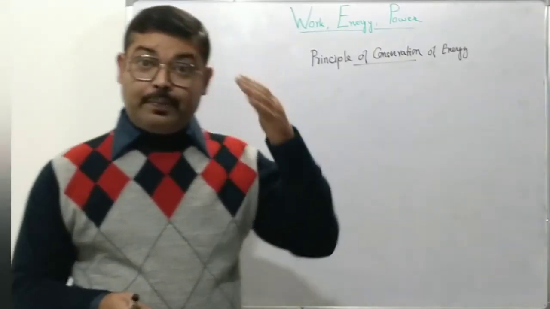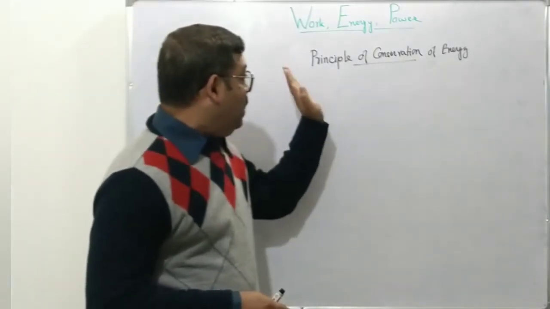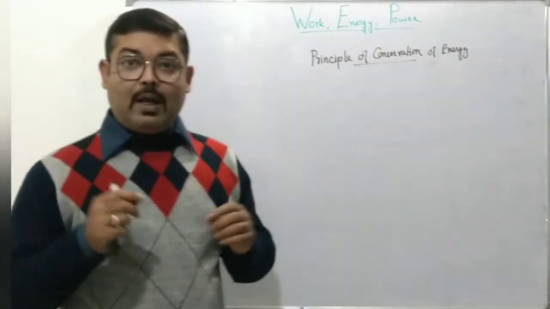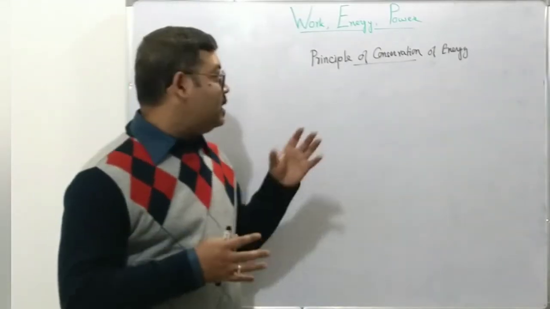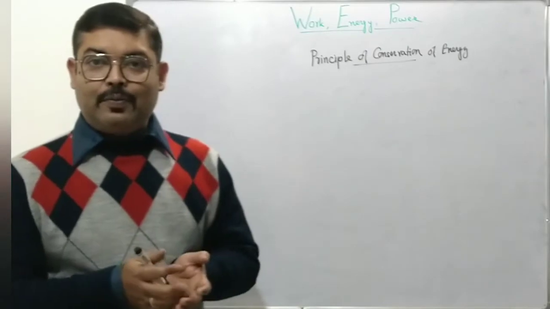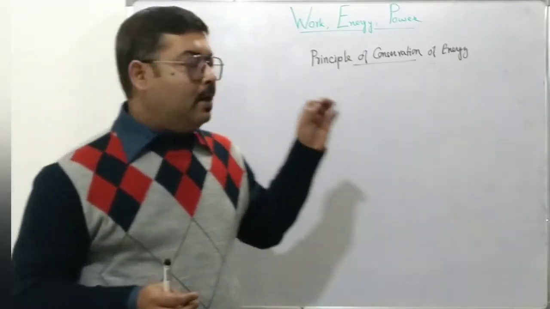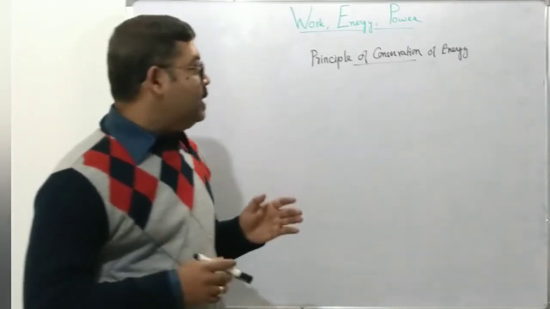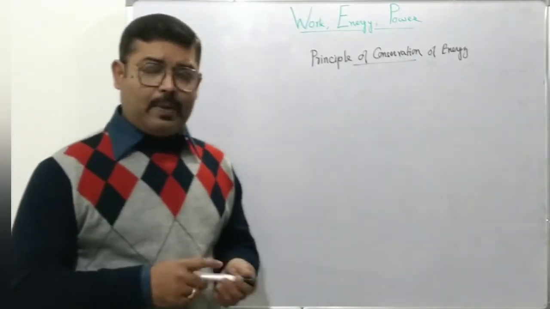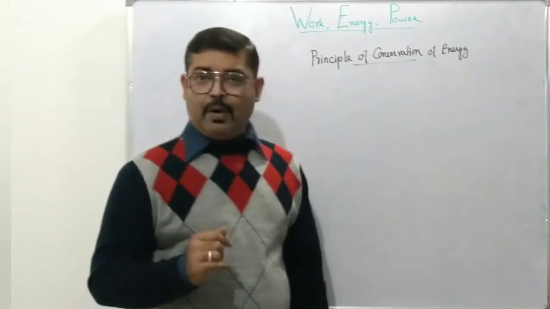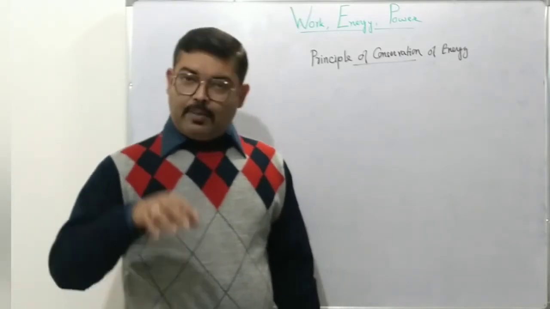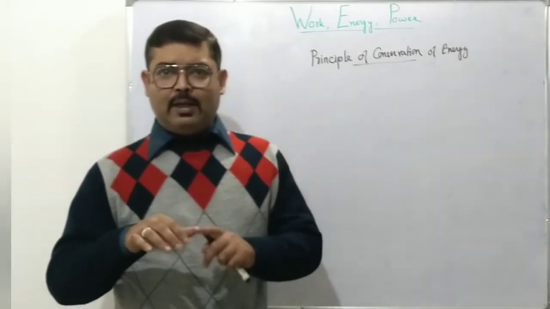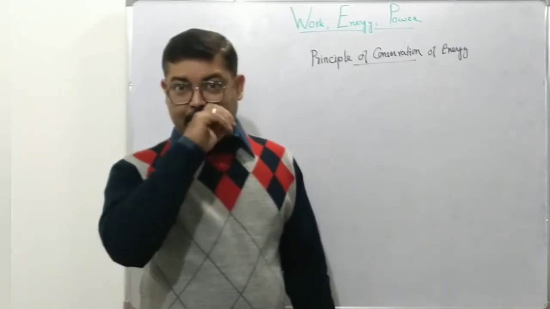Now, if it is so, then what happens in case of a system which is not interacting with any other type of system? The net energy of the system must remain conserved. What it means is that, say when you drop a ball from a particular height, it rebounds, right? But it doesn't rebound to the same height. It rebounds to a little lower height if you try to experiment it.